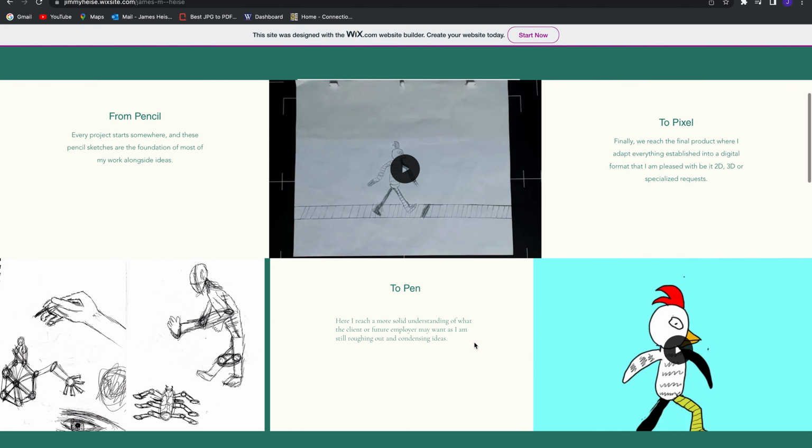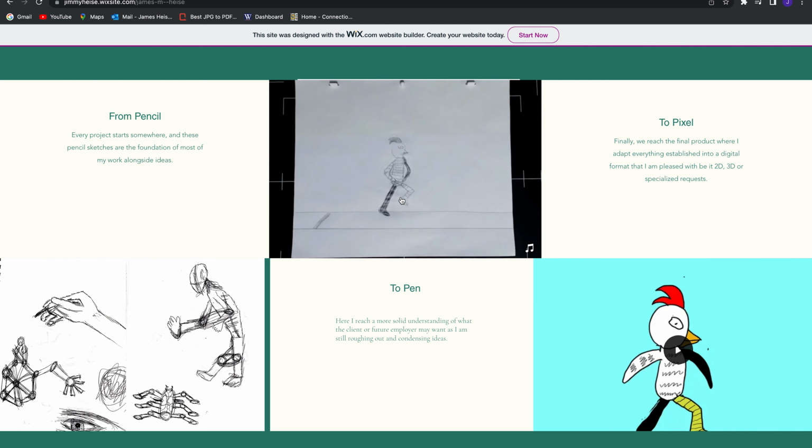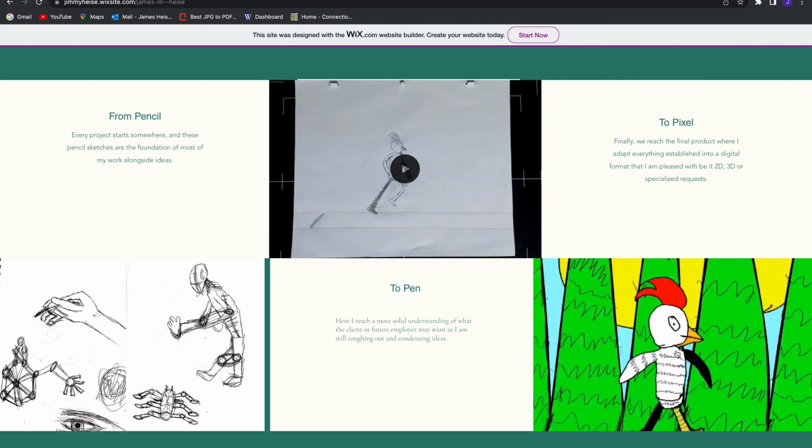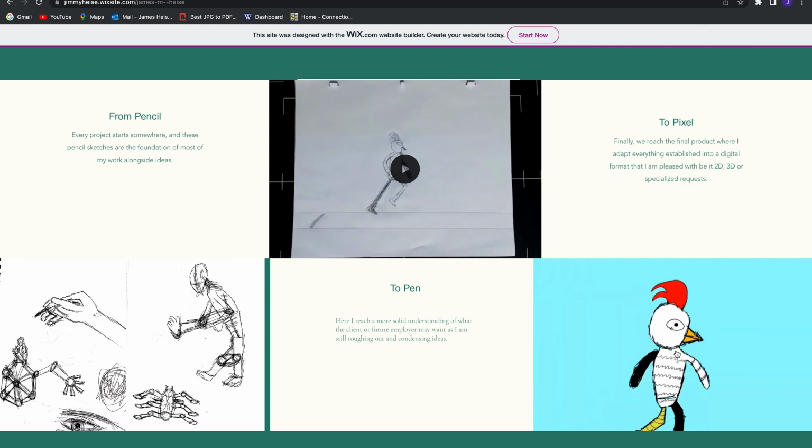Now, before we start diving into videos and reels and various other projects, at first I'd like to take you all a nice little glimpse into my process of putting together various animation. It usually starts out with a lot of random little drawings that I put together in my sketchbook, and then from here I solidify it with some pen and line work, as you can see here in this first pass of a walk cycle. Finally, I finalize it in various digital formats such as Toon Boom, ZBrush, Blender, Adobe Animate, After Effects,